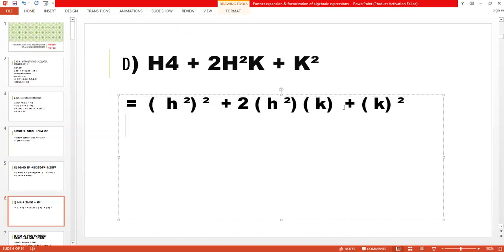अब ये क्या? फर्स्ट टर्म स्क्वायर प्लस 2 फर्स्ट टर्म, सेकंड टर्म प्लस सेकंड टर्म स्क्वायर. अब इसको फैक्टराइज क्या करना है? हमने सिंपल फर्स्ट आइडेंटिटी लिखनी है जो है फर्स्ट टर्म प्लस सेकंड टर्म, और उसके बाद उसका होल स्क्वायर लेना. This is your first identity. फर्स्ट टर्म क्या है? Just you have to write h square. This is your first term. H square is the first term because h square multiplied by h square becomes h4, and the second term is k.